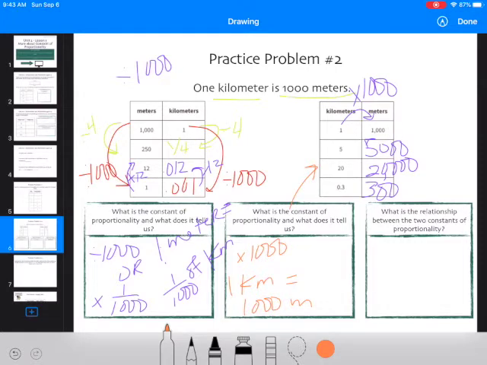You have 1 over 1,000 or 1,000 over 1. They're again reciprocals, meaning that the fractions are flipped. So it's a proportional relationship. No matter which way you go on the table, it's going to be the same because you're working up and down the table at the same